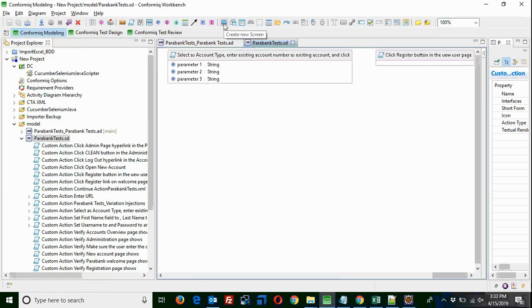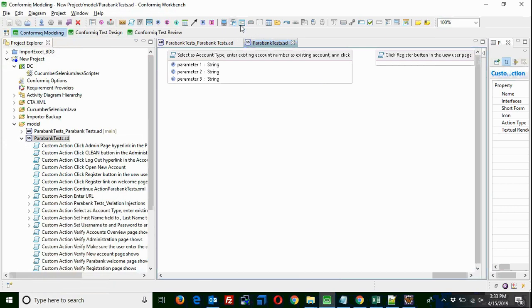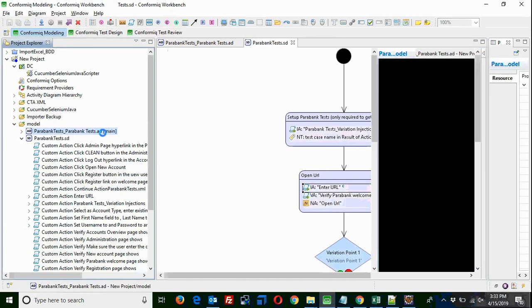So you can depict the user interface look and feel: screens, forms, buttons, all the links and combo boxes, radio buttons, labels, HTML links, images. With this, you can create a mock-up. Once these building blocks are ready, you can start creating an activity diagram, which is nothing but a sequence of the actions.